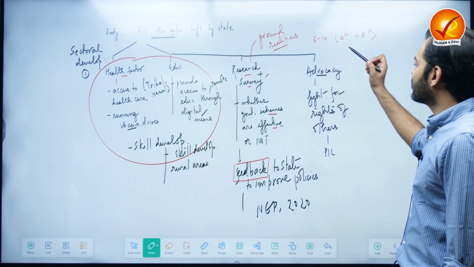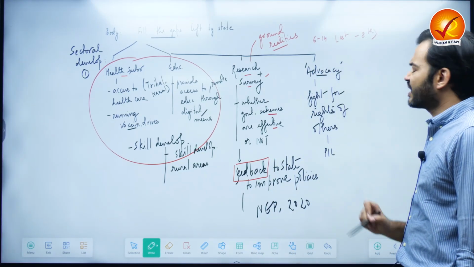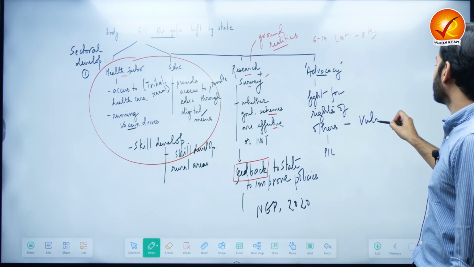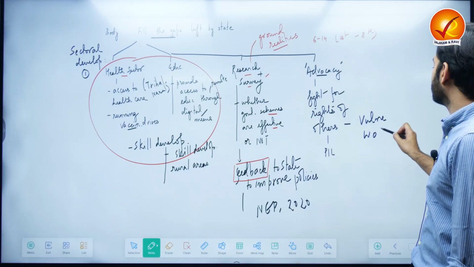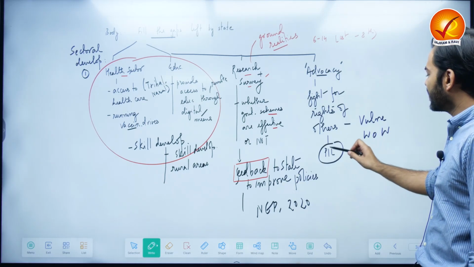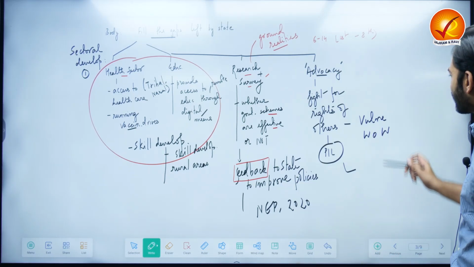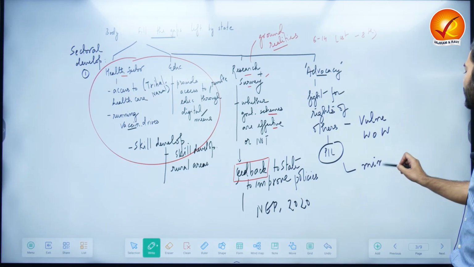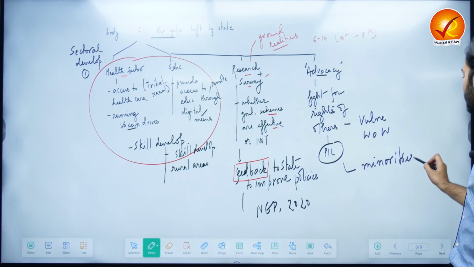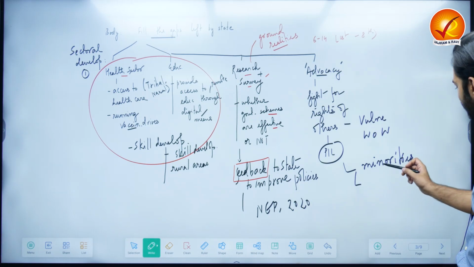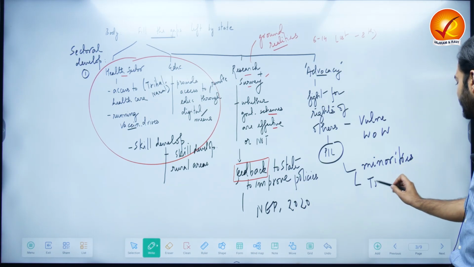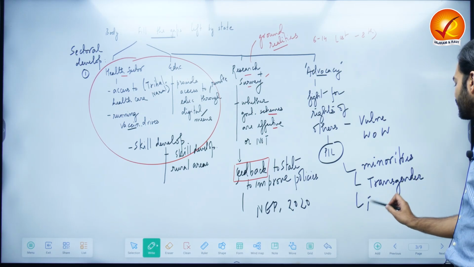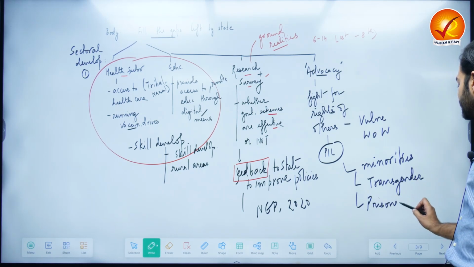Then they also fight for the rights of others. Advocacy means fighting for the rights of others, especially the vulnerable sections, the weakest of the weak, by filing PILs in the court. For example, many public charitable trusts talk about the rights of minorities. Then many PCTs also talk about transgender rights. They also talk about the rights of prisoners.